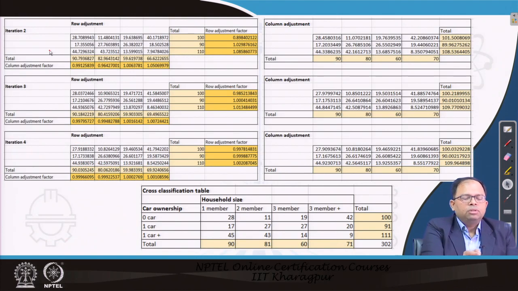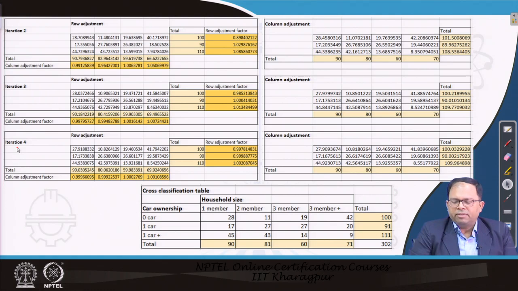in step 2, step 3, step 4, and we keep on doing this till we see that the total difference between the values that we are getting from each cell and the actual values, or the marginals, is within acceptable limits. So, we have ended at iteration 4, but probably we should have gone till iteration 7 or 8 or 9,